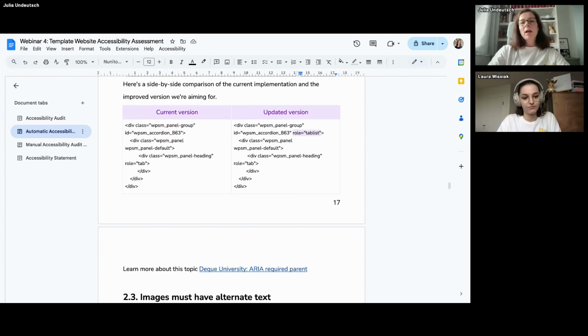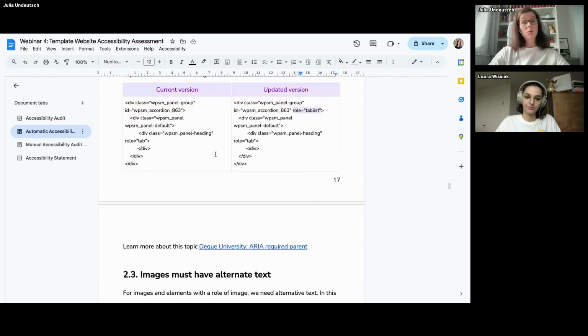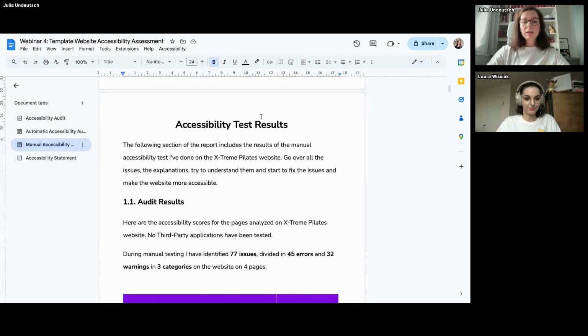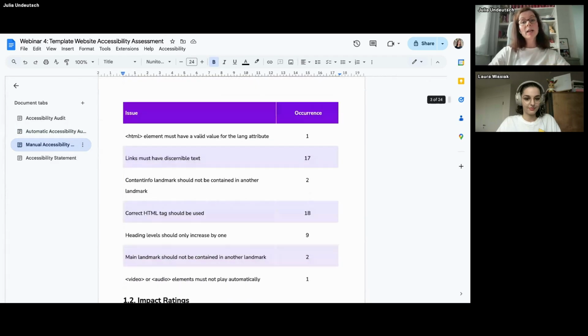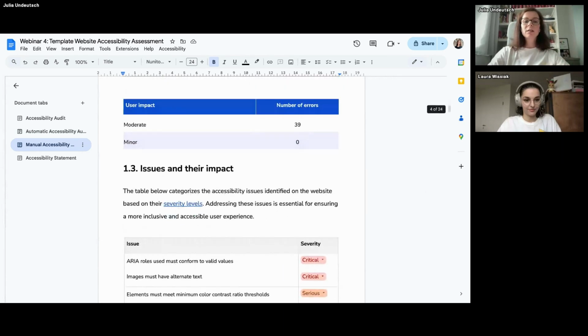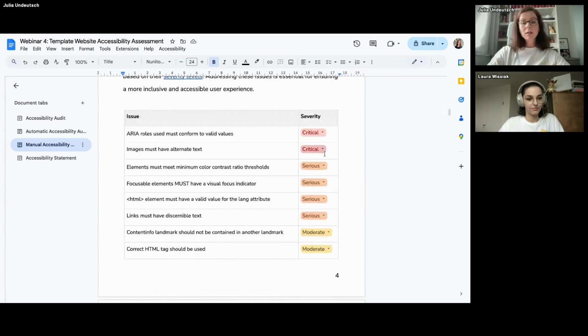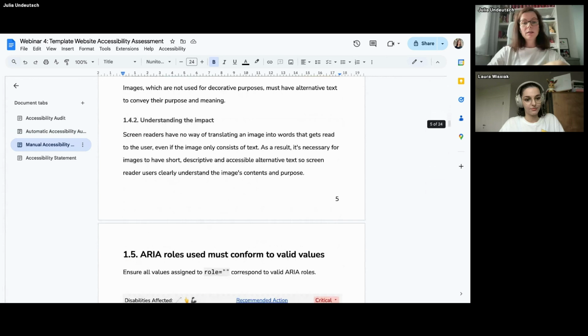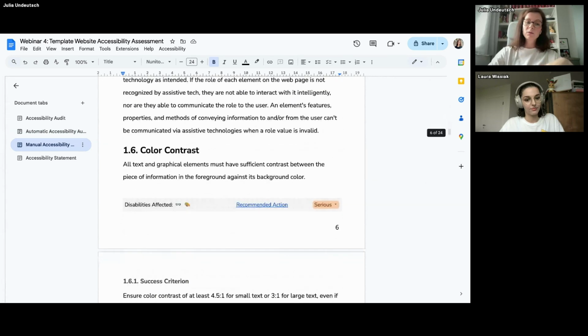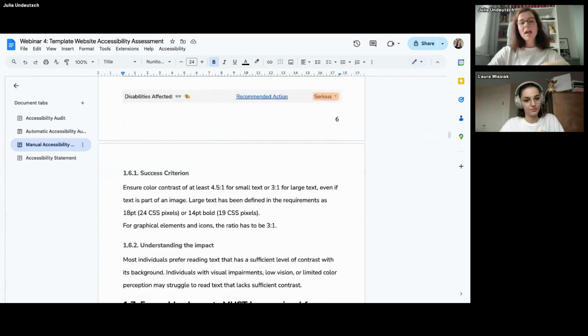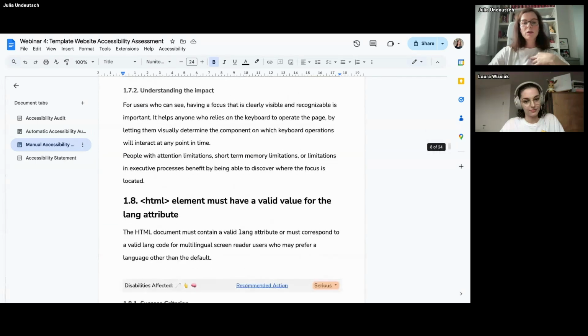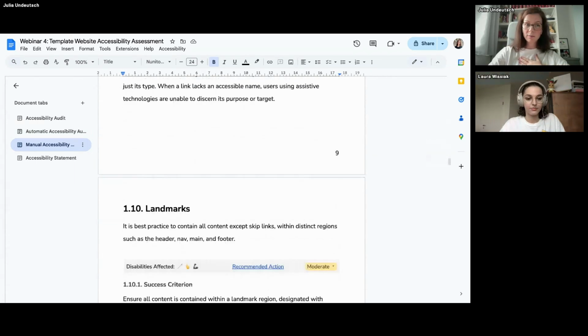I would suggest trying it out for your personal project or a project locally or stuff like this, just for practicing reasons. The same as I said, I did with the manual testing, providing all the tables, providing all the tickets, the severity explained, so the impact explained, the success criteria explained and linked, and in the end, my personal recommendation on how to fix it.